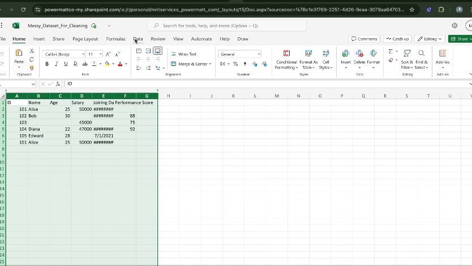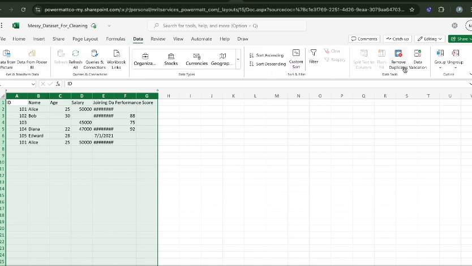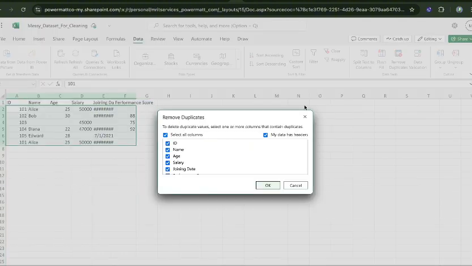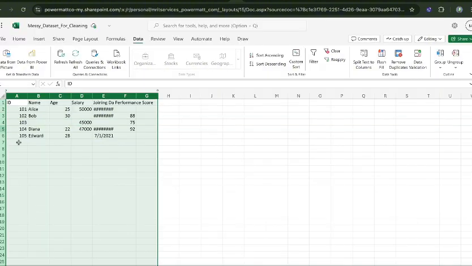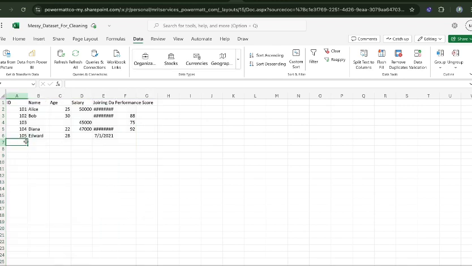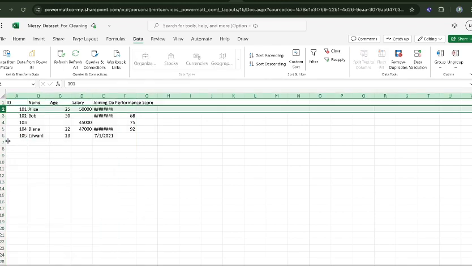Then go to Data, you click on Remove Duplicates. It's going to show you which of the duplicate values. So when you click OK, it shows that okay, 1 duplicate value is found and removed, 5 unique values remain. So as you can see, the other Alice, the other row that had this particular data down here, has